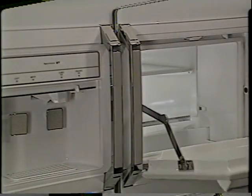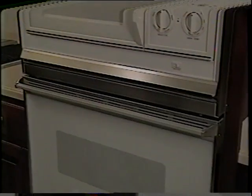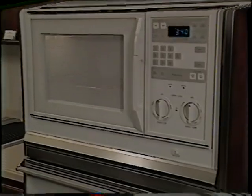The kitchen was equipped by Sears Contract Sales with Kenmore white-on-white energy-efficient appliances. Some of the features include refreshment center access to the refrigerator, a Genair downdraft cooktop with energy-saving elements, and a dishwasher, oven, and microwave that are all programmable. This is